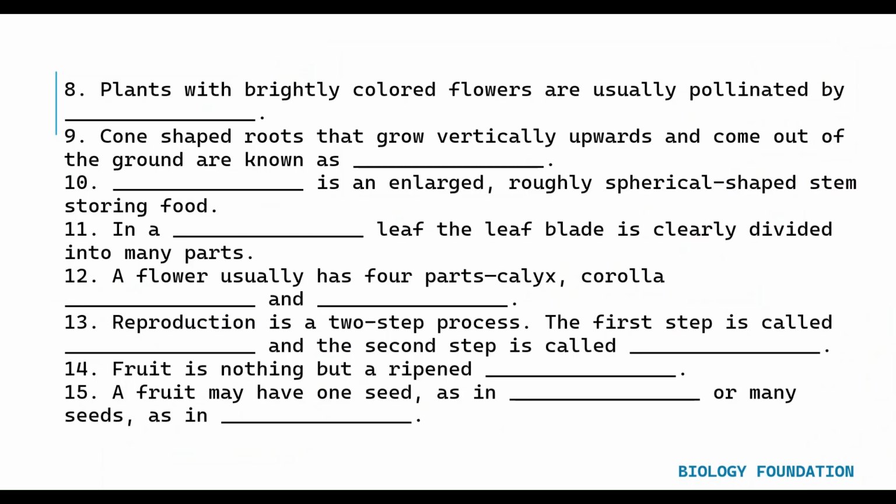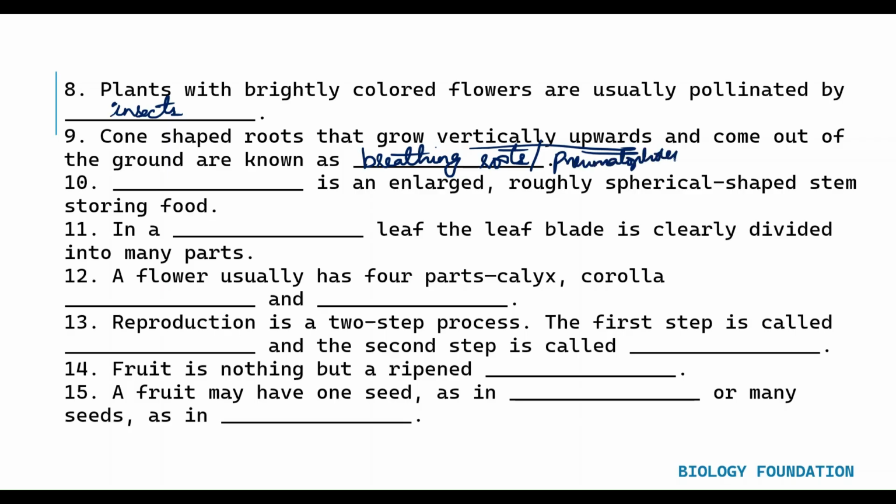Okay. Plants with brightly colored flowers are usually pollinated by insects. Insects get attracted, they come, suck the nectar. During this process, pollen grains get attached to their body, and when the insect visits some other flower, or another flower of the same species, then it dusts the pollen grains, and there might be a chance of successful pollination to take place. Cone shaped roots that grow vertically upwards and come out of the ground are known as, they are called breathing roots, or they are also called pneumatophores,